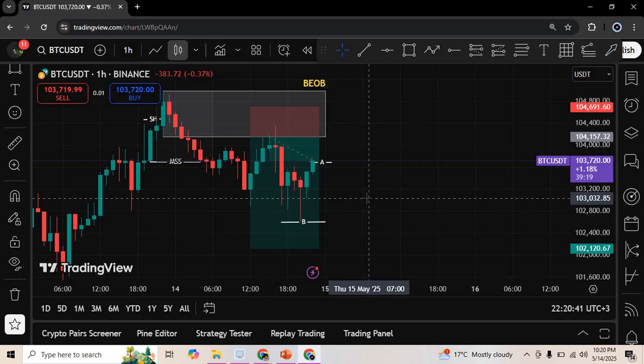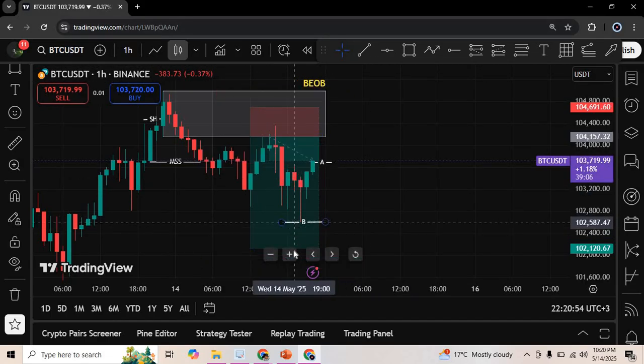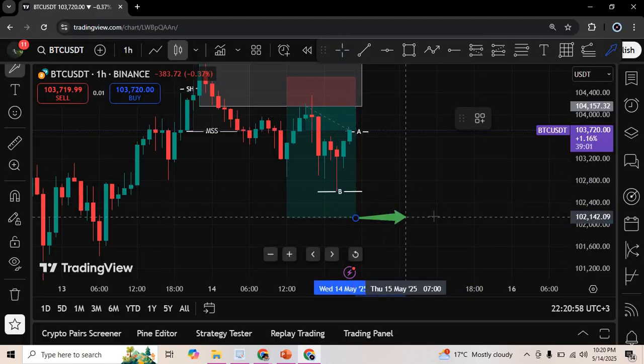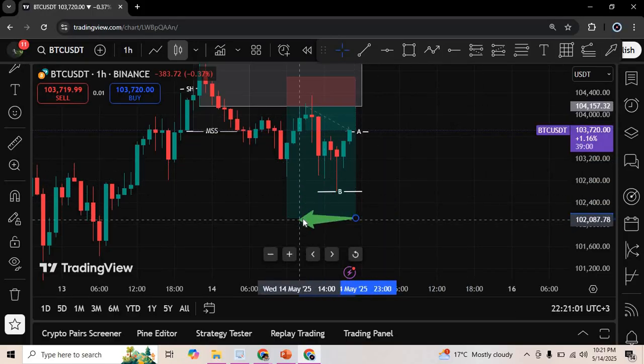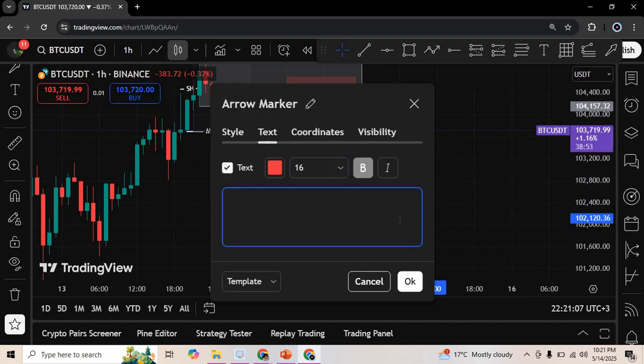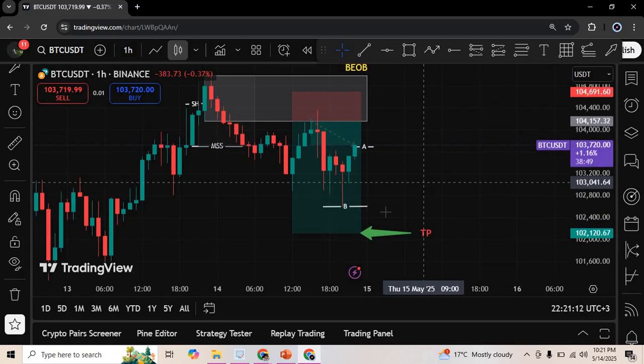Either of the two. Let's assume I did not manually close this. It means that you are still in that trade. Yes, I'm still in that trade because the price has not taken me out of my profit. Remember, my take profit is right here. Let me name that take profit. My take profit is right there.